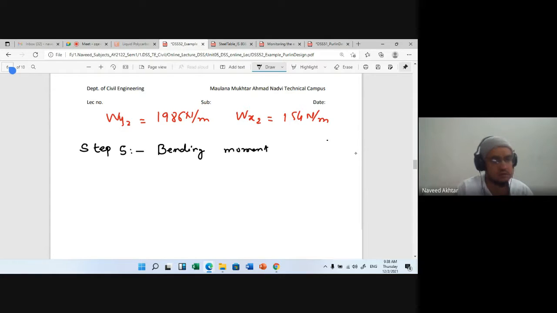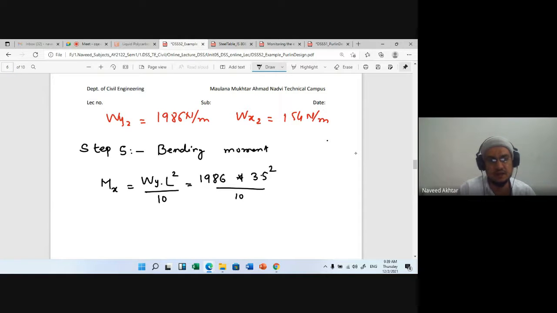If you write down, Mx I will find out. So WY, the transverse load, and for the other direction the load will be, WL square upon 10, L is the span. So WY is 1986 into span 3.5 meter square divided by 10,